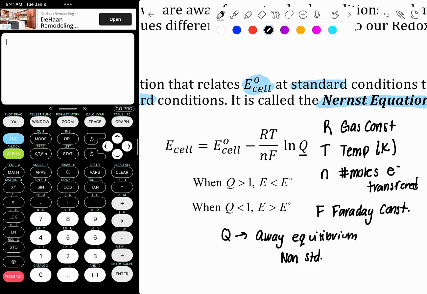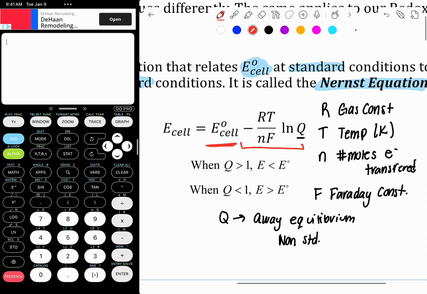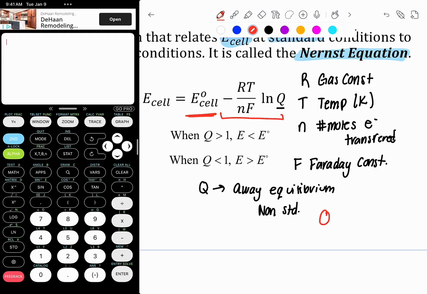So here what we're doing instead is we're taking our standard condition value for E cell and we're offsetting it by our non-standard conditions. The second variable here, specifically in the Q, is where those non-standard conditions come in. So I said earlier that when we're looking at non-standard conditions here, we're looking at specifically different concentrations. So that would be different concentrations of our reactants and our products. So what we have to remember about Q is that Q is going to be equal to the concentration of our reactants over the concentration of our